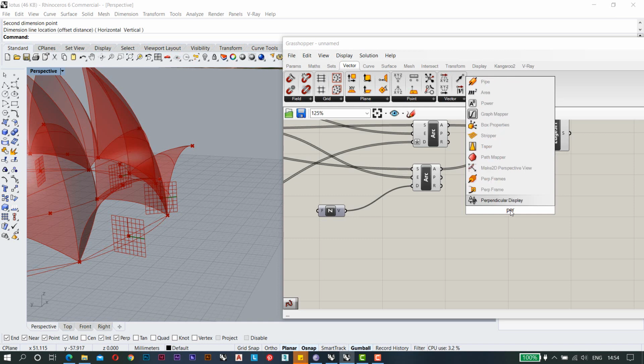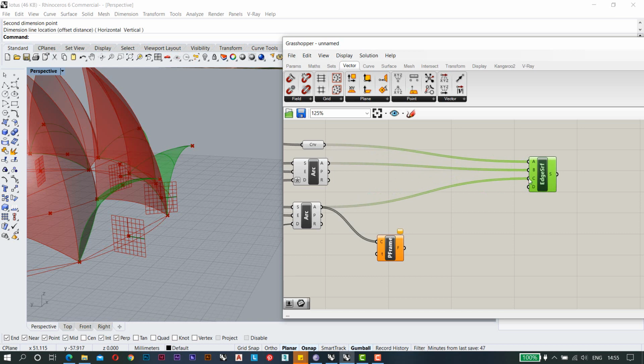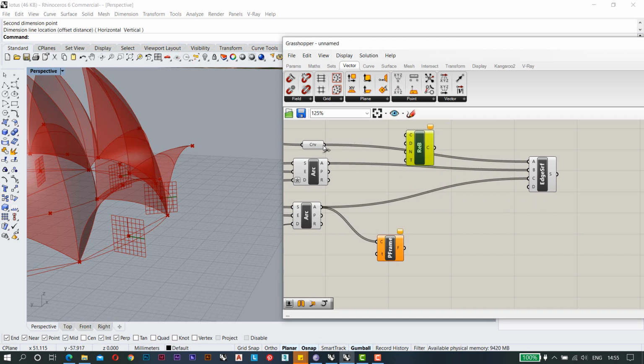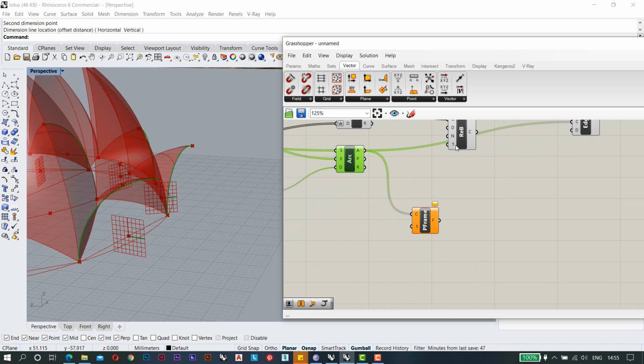We will use this command and put it here. Again I would suggest you use a rebuild curve here, so it will make it a bit smoother. Put it here and use the other one for this one, and just use the third one for this one.